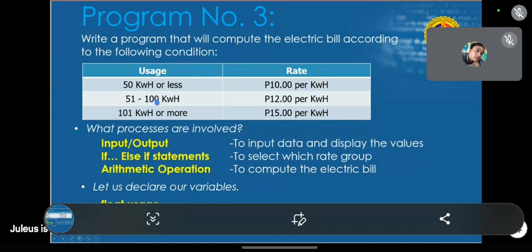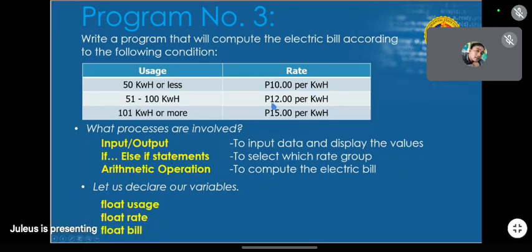If 51 to 100 kilowatt hour, it's gonna be 12 pesos per kilowatt hour. So if the resident uses 50 kilowatt hours or less, ang iyang rate is 10 peso only per kilowatt hour. If 51 to 100 ang iyang nagamit, then it will be 12 peso per kilowatt hour. But if 101 kilowatt hour or more, it's going to be 15 peso per kilowatt hour.